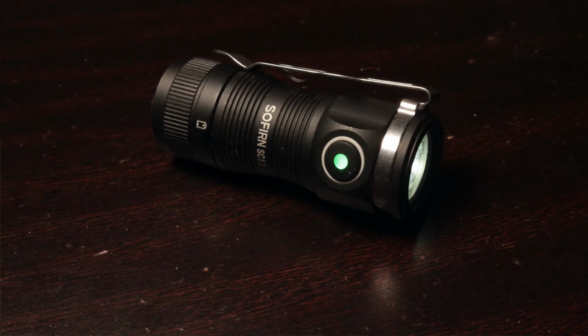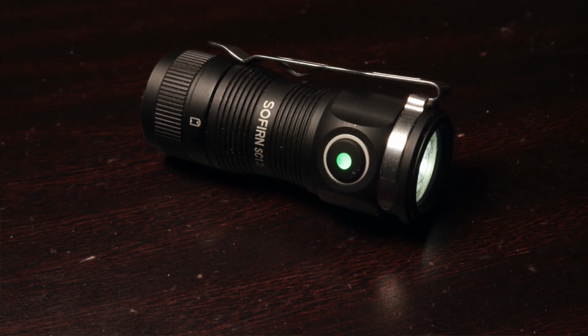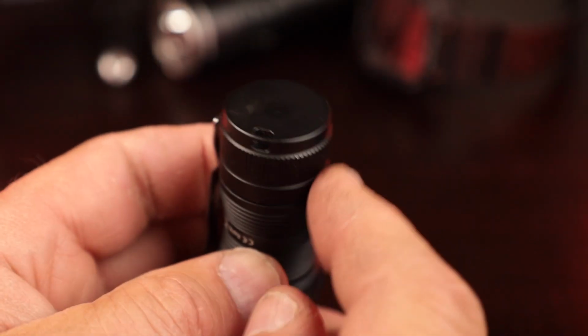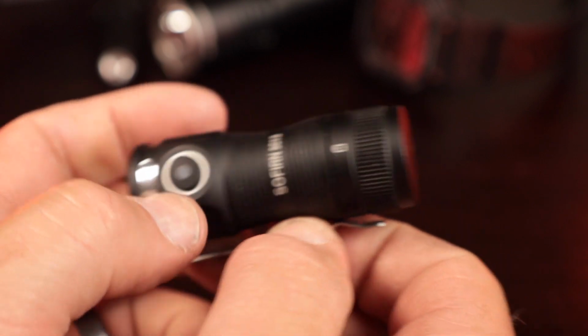If they could have put a two-way clip on here, I think you would have added some more value to this flashlight. What I do really like about this, you have the lanyard loop hole right here on the tail cap, but this also has a very strong magnetic tail cap, which I love. So when it comes to using this flashlight as a